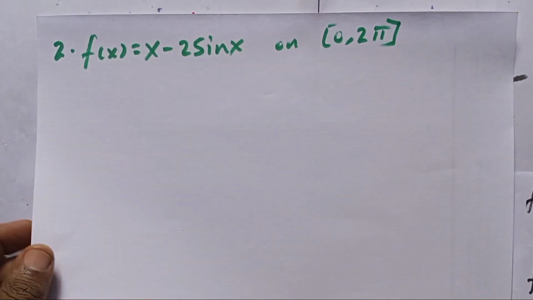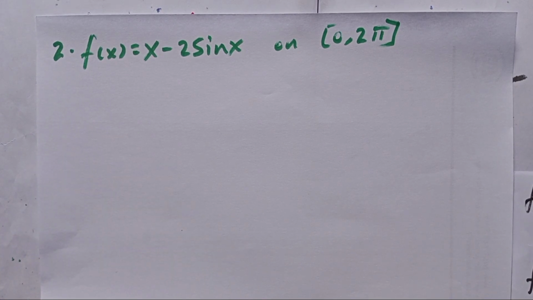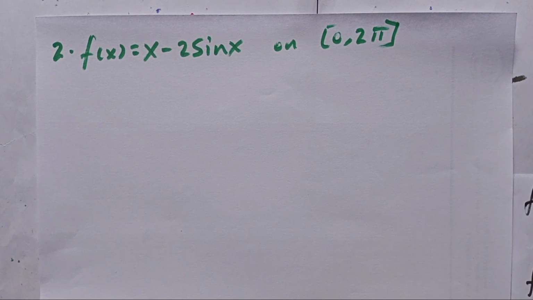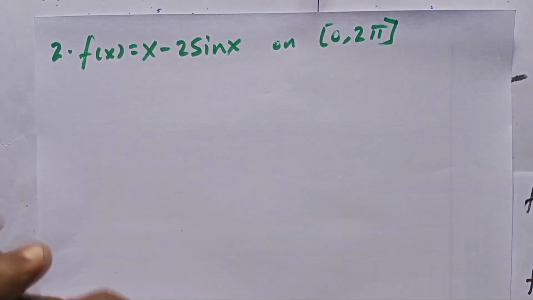Let's look at it. Okay. f of x is equal to x minus 2 sin x on the interval 0 up to 2 pi. By the way, the interval is given because the sine function is periodic, so unlike polynomials it does not stay positive on one side forever or continue infinitely. It has intervals that are positive and negative at many points, so we answer this question with this interval: find the strictly increasing and decreasing intervals, and the local maximum and local minimum within the interval 0 up to 2 pi. Okay, let's continue.